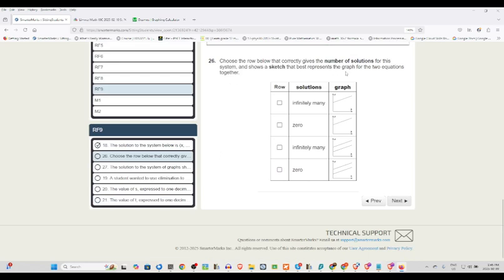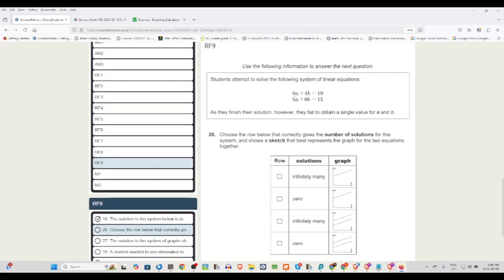Now, choose the row below that correctly gives the number of solutions for this system. We have on this one, so either they are the same line or they are different lines. You'll notice that first one, everything is even. If we divide it by 2, we have a 3a plus 2b equals 5. Multiply that by 3, we get the second line. They are identical. If you isolate either a and b in one and simplify it, you will have an identical